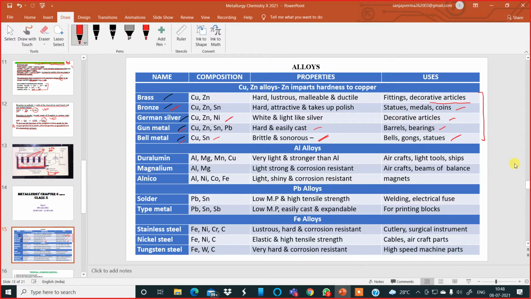You have to read them properly. Start with the uses, then go to the properties, then the composition, then the name of the alloy. This way, backwards, you learn backwards. So I can ask the question, name the alloy of